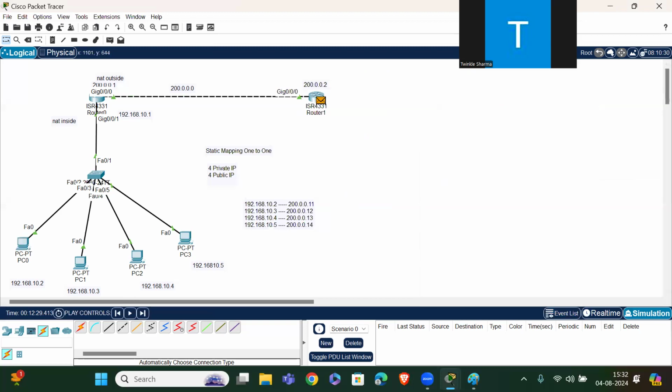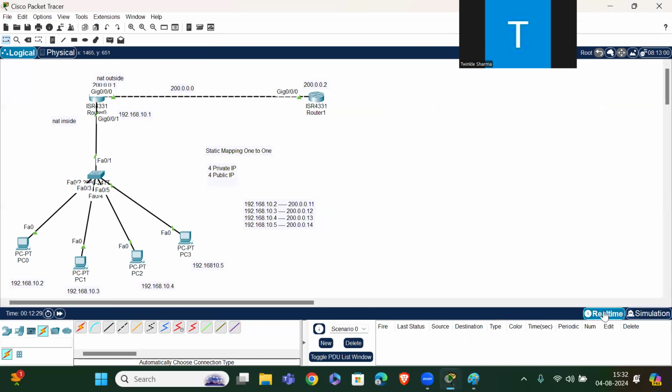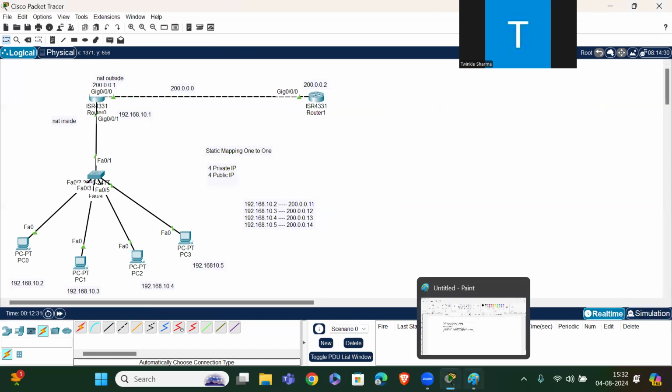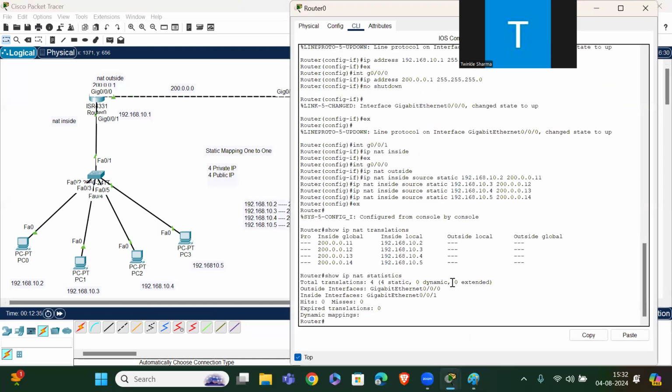Now let us remove all this mapping and do the dynamic mapping. Our static mapping is done in a very correct way. Now how can I remove this?